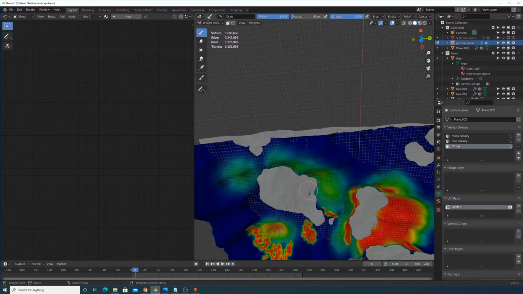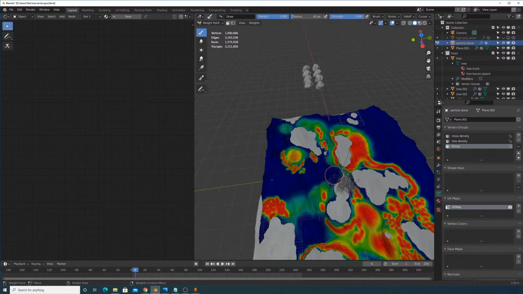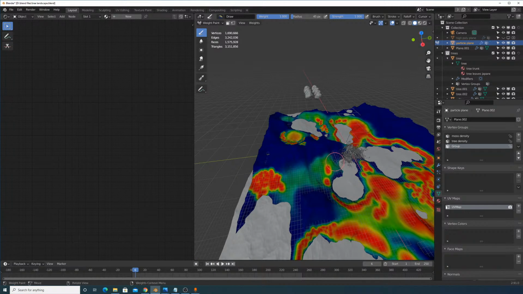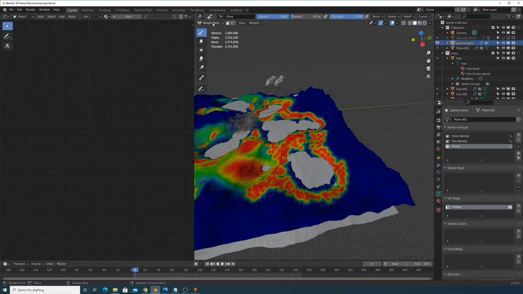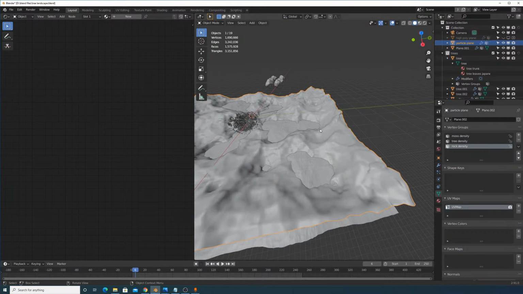I think this is alright. Like I said, I don't want rocks to be everywhere, so I kind of randomized it a lot. So we will go back to object mode. Before we do that though, we're going to call this rocks, rock density, and then go back to object mode,